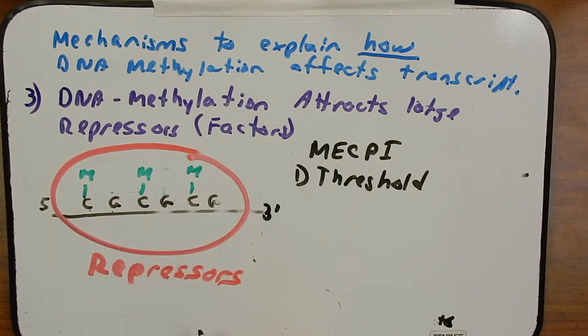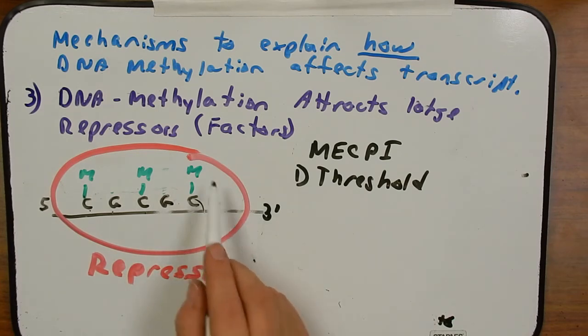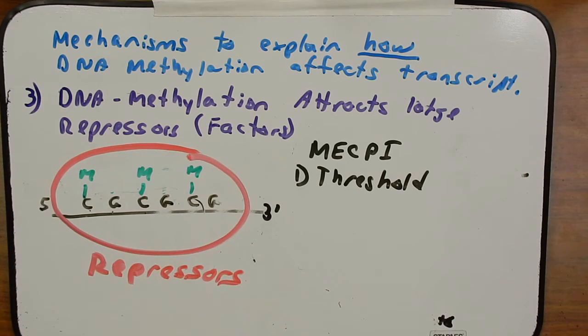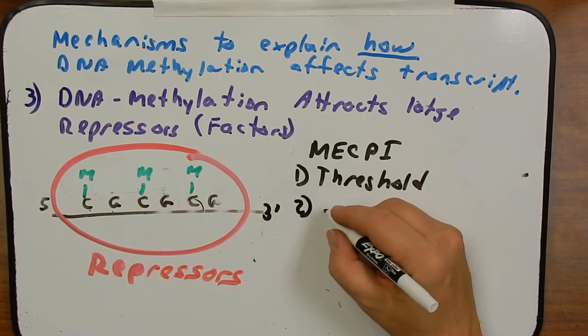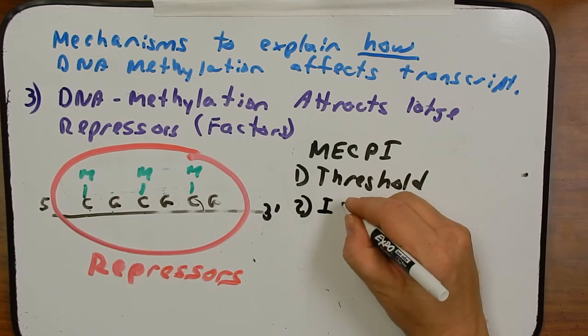It's a little vague, but that's what we'll work with. When it has many CG repeats here, MECP1 is able to bind here with greater strength and is able to exert its repression of these genes to a greater impact. Another thing I want to say about MECP1 is that if mutated,